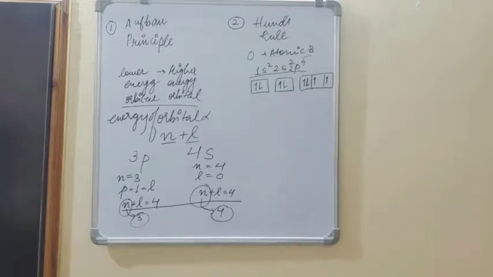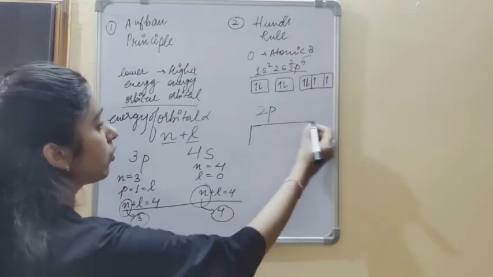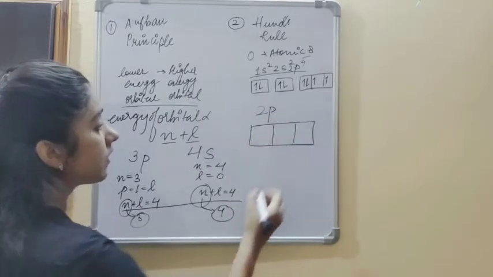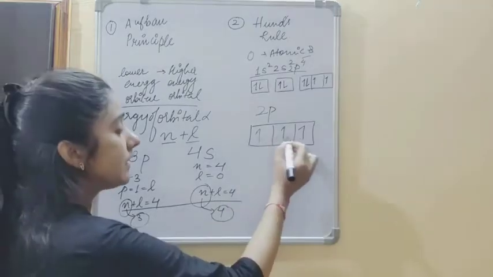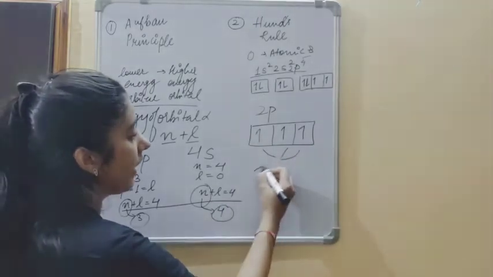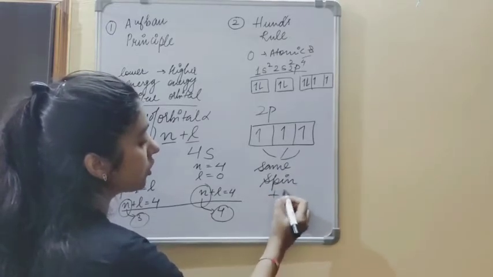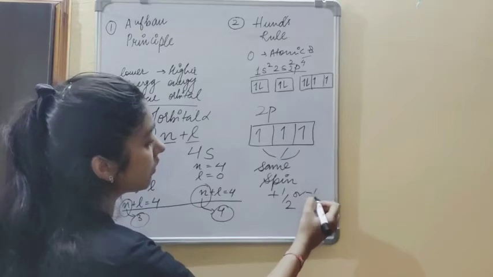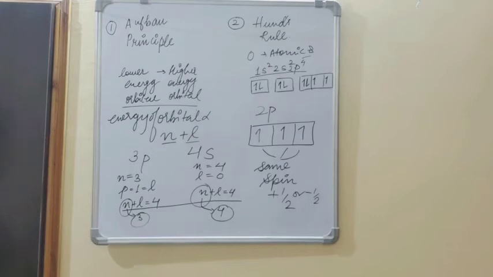Okay. Pairing of electrons, now using Hund's rule we will discuss that if we are taking 2p, which is having 3 orbitals, the direction of electron is the same in singly filled orbitals, meaning all these three electrons have the same spin, whether it is equal to plus half or minus half, because we can take it in the downward direction also.